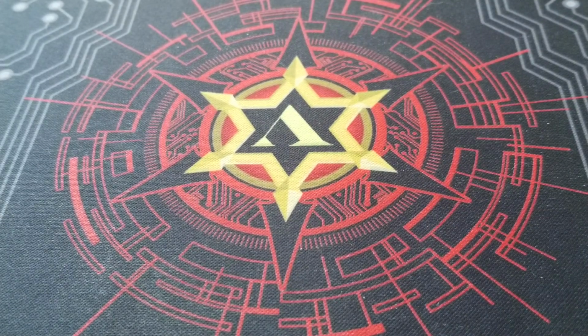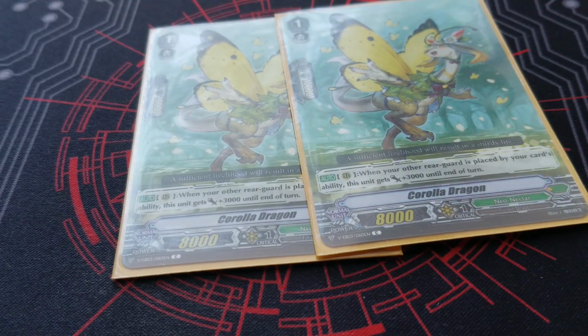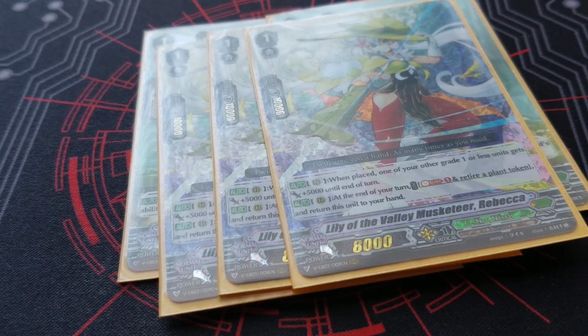Grade 1s, 2 Corolla Dragon, because it gets big when you call multiple things, which happens like every turn. 3 Rebecca. I'm not a huge fan of this card, but it's okay. It's not super helpful. I wish it didn't have the Soul Blast. Then I'd probably like it more, but...